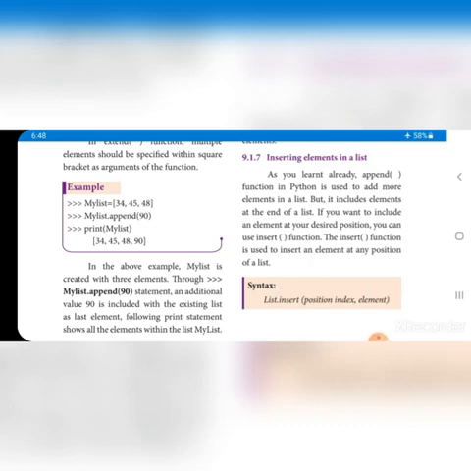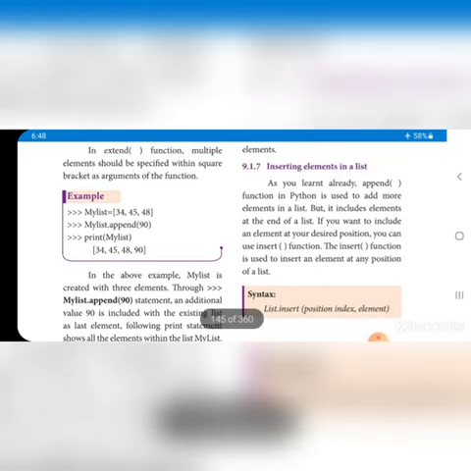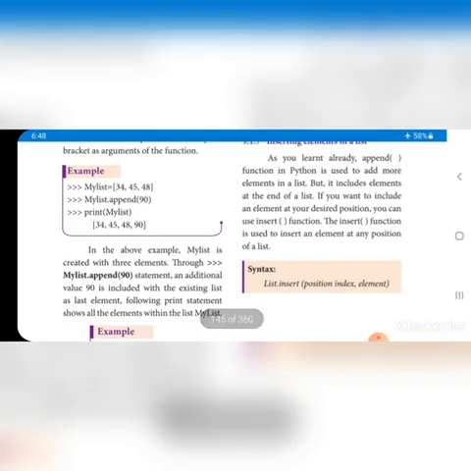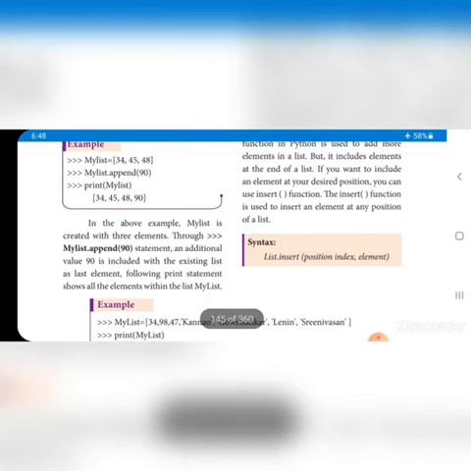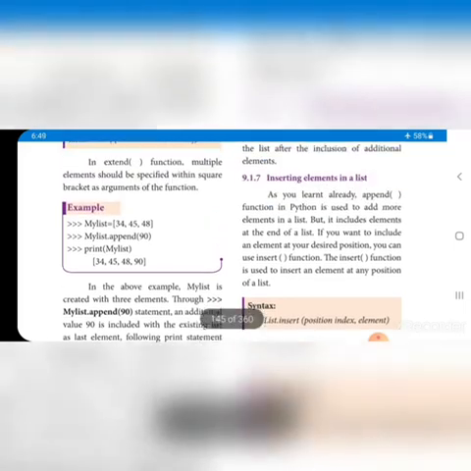And the append function is used like this: list name dot append. How a function is called in C++ with the help of an object, it is the same pattern, right? Just give the list name and dot, it's a membership operator, and then use append, right? And after that,